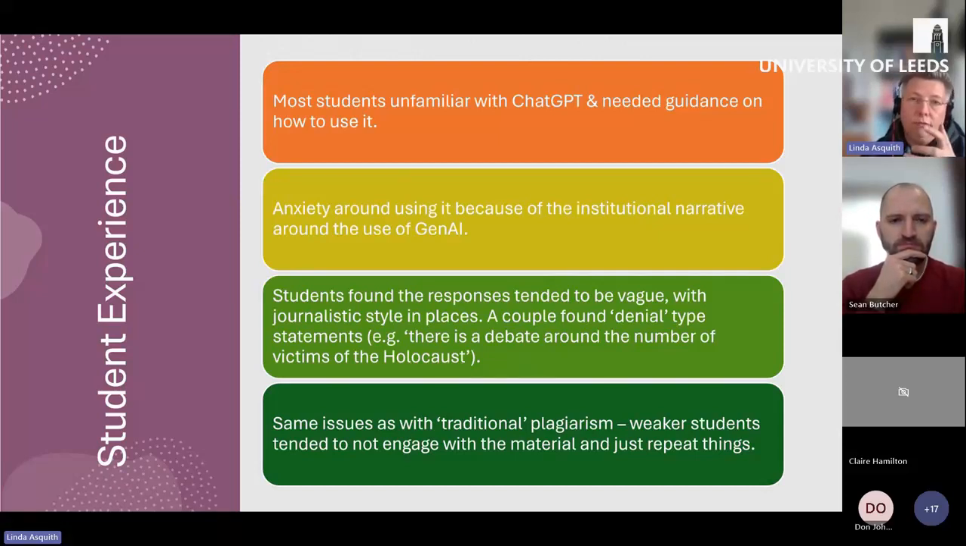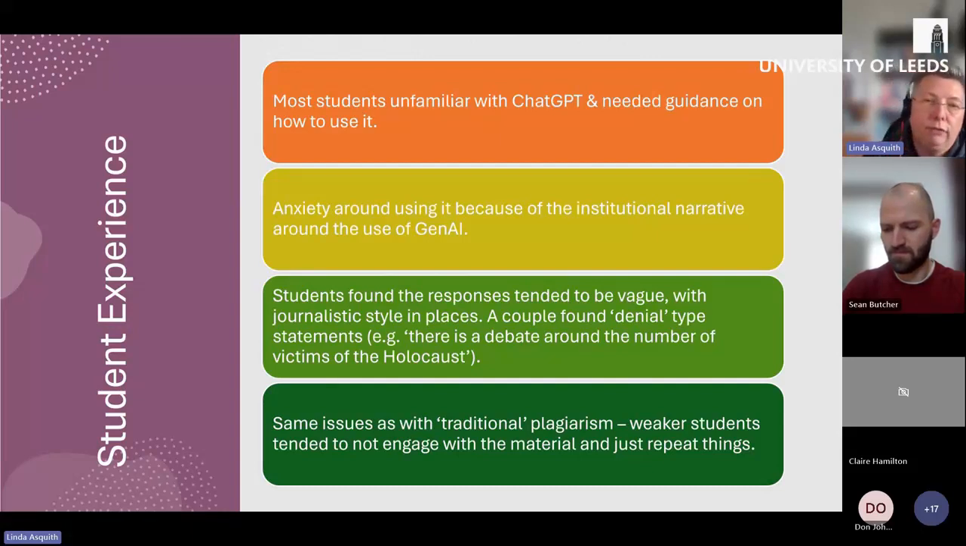In terms of how students found the responses, they tended to find them to be vague, with quite a journalistic style in places as well. And interestingly, a couple of students found basically Holocaust denial type statements. So stuff like there's the debate around the number of victims of the Holocaust, which is very much heading towards Holocaust denial. And it seems to be the reason for that is, going back to the ChatGPT 3 and 4 debate,